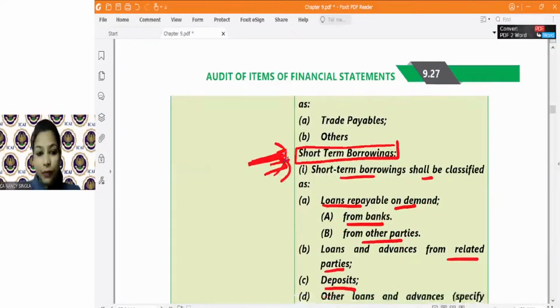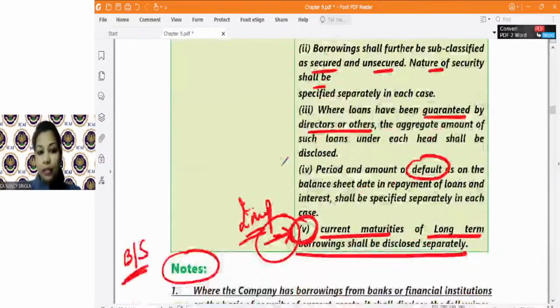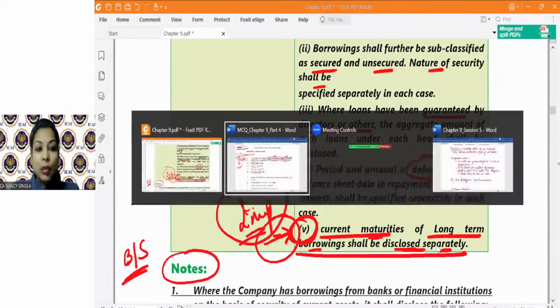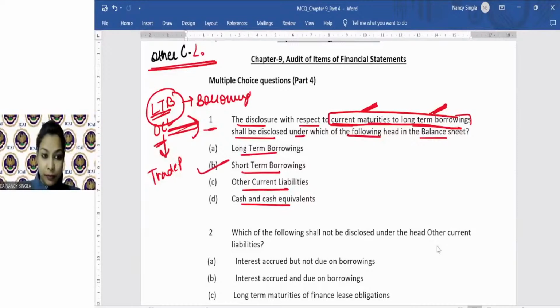And the fifth, see, I have marked it as important also. Current maturities to long-term borrowing shall be disclosed separately. So the answer is what? B. So for all those who have answered it correctly, I'm really very happy because this shows